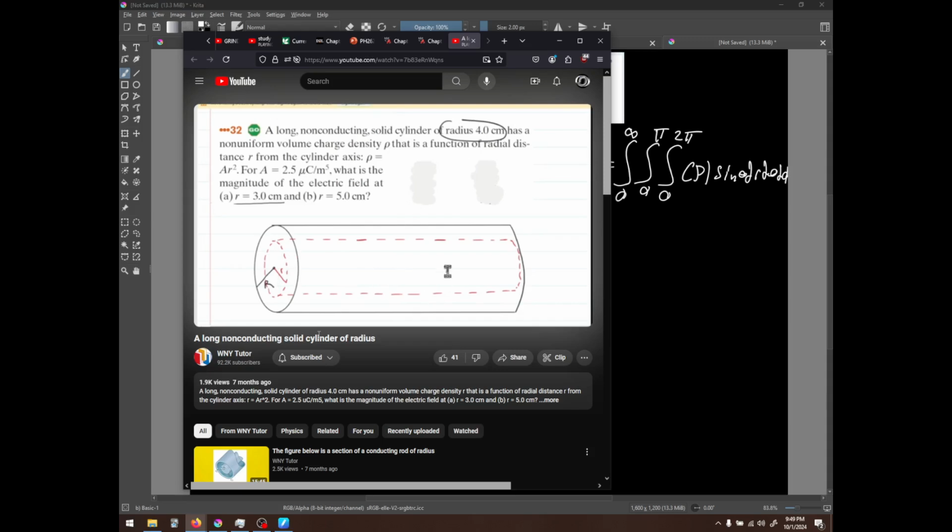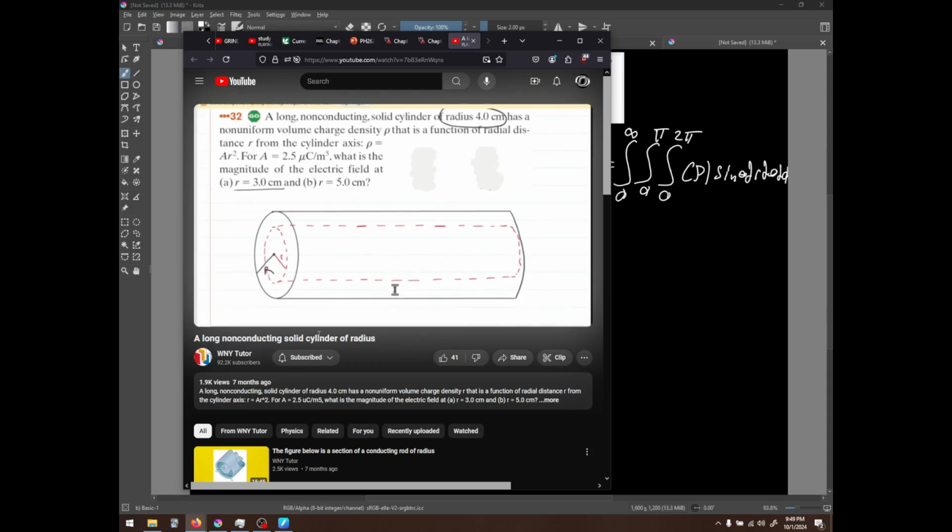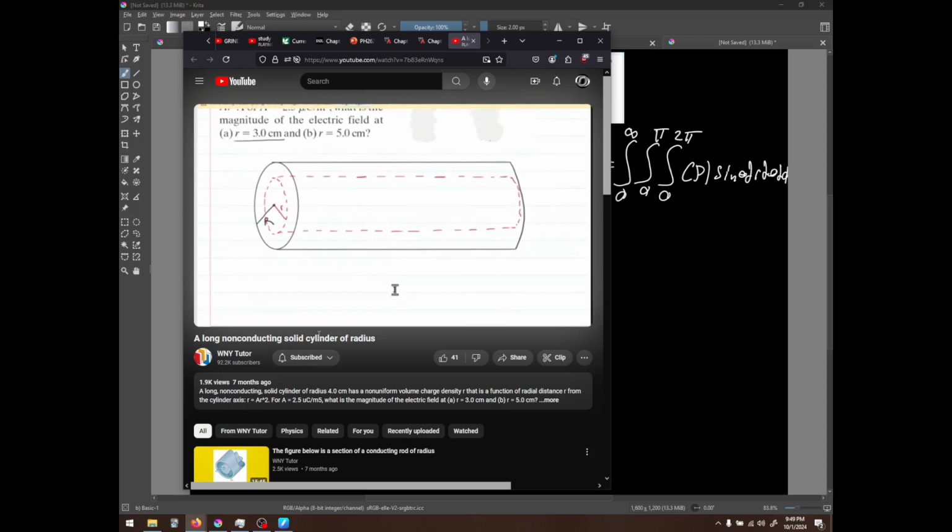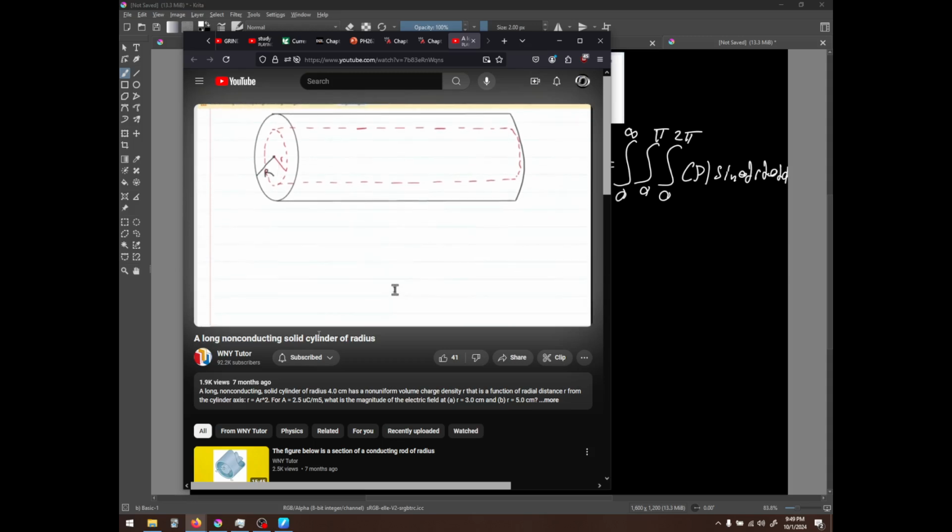Figure out how much charge is inside of that. That's going to be our first step. That Gaussian, in order to determine the amount of charge,